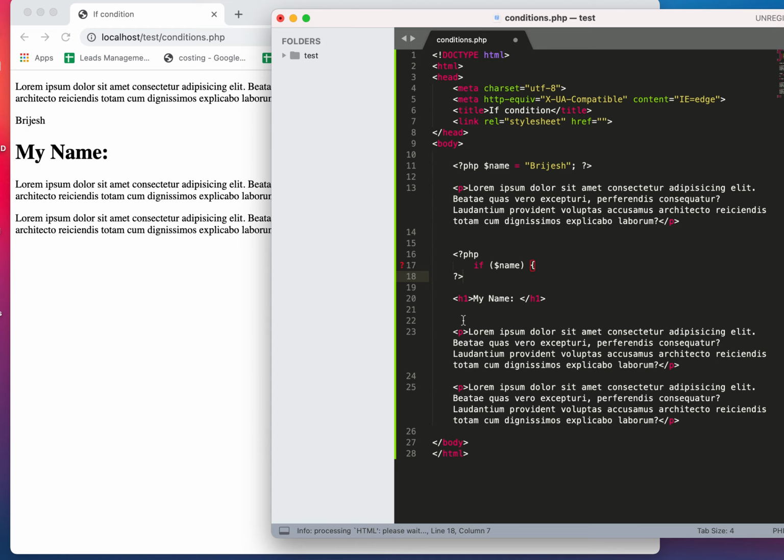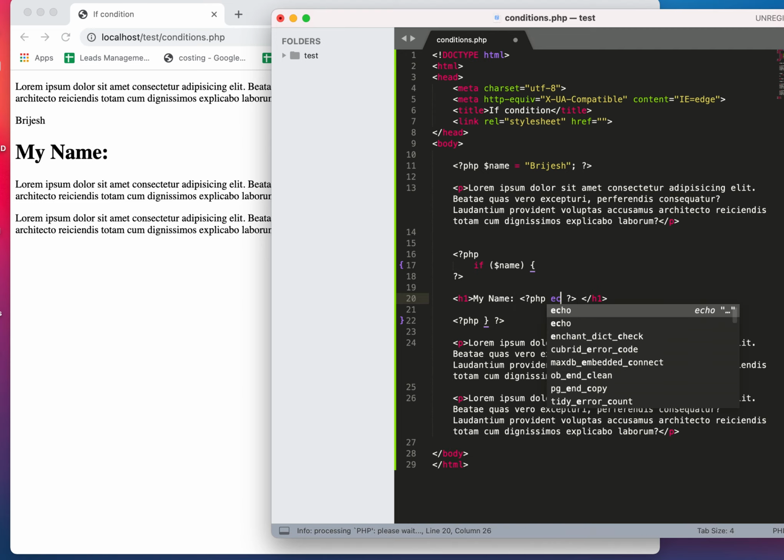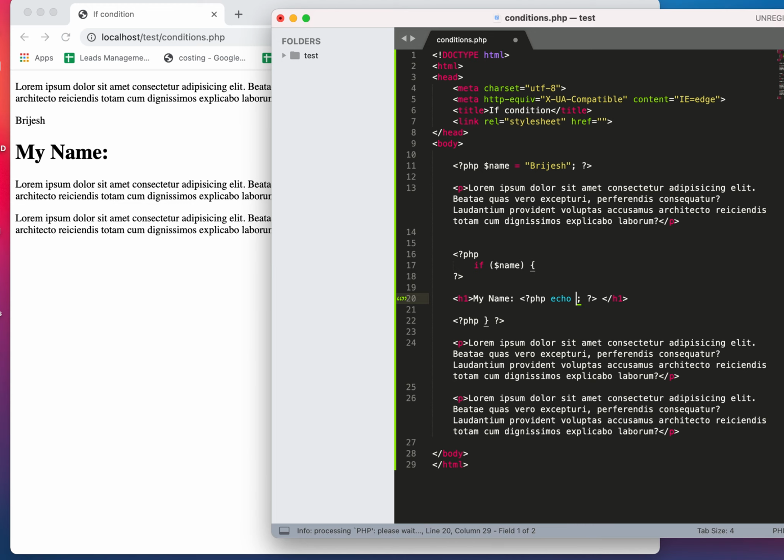Now this is my condition, bracket. Here I will close. So the syntax has completed. Now here I will display PHP echo dollar name.